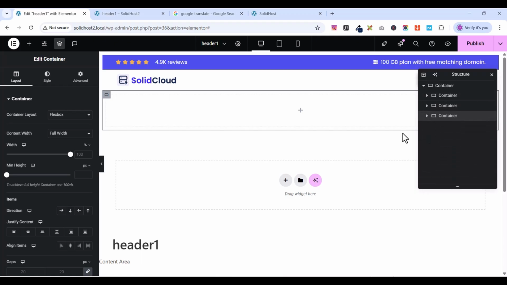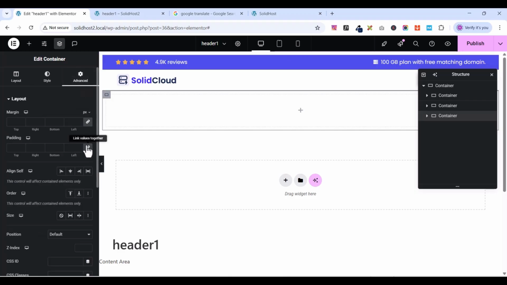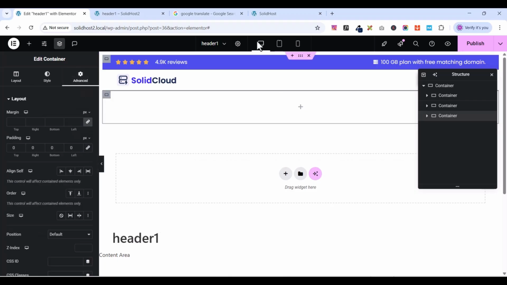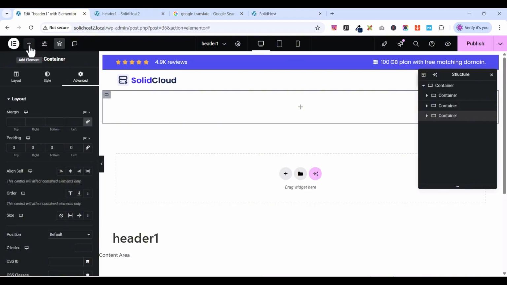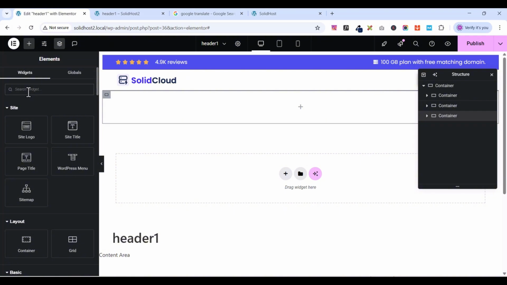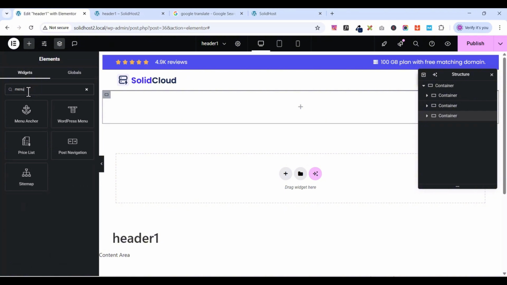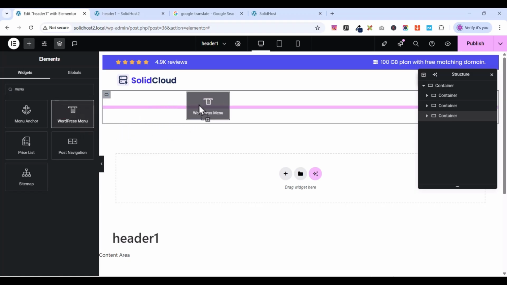Good, okay, good, like this. So I'll select this container and go to advanced, uncheck this. Then what do we need to add? Okay, so we are going to add this menu. Let me go back to my element panel, look for menu, and this is our menu element. Then I'll drag the menu here,